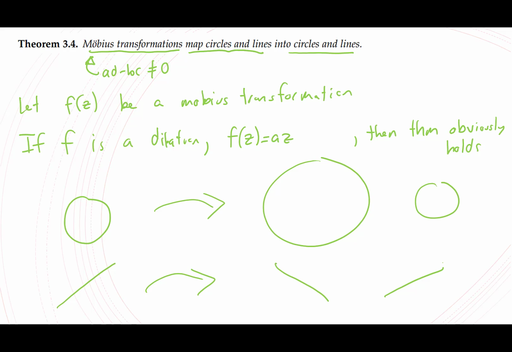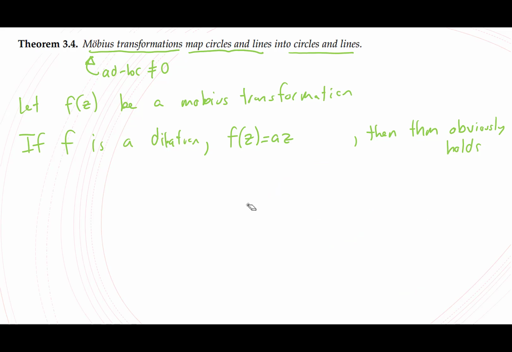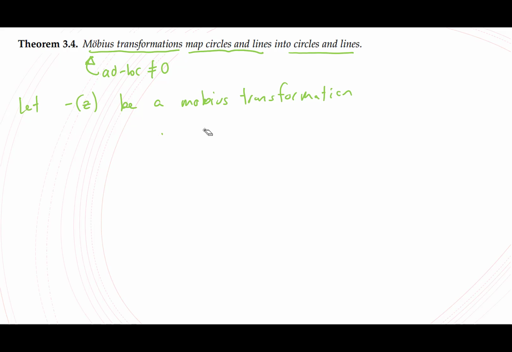Okay, so the only thing that we really have to worry about to prove our theorem is inversions. What happens in an inversion? That's not clear. It's not like you can take 1 over the circle and then boom, it's still a circle. So the only part that's missing in this theorem is what happens if you have an inversion. Because once we have that, since Mobius transformations are made out of these 3 Lego blocks, then we know that this theorem is true.